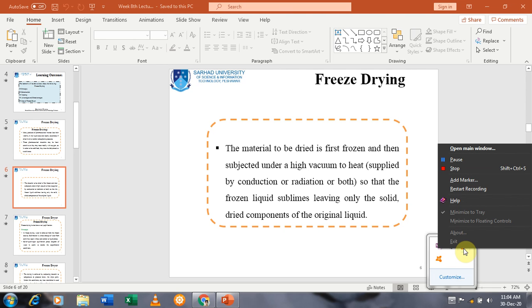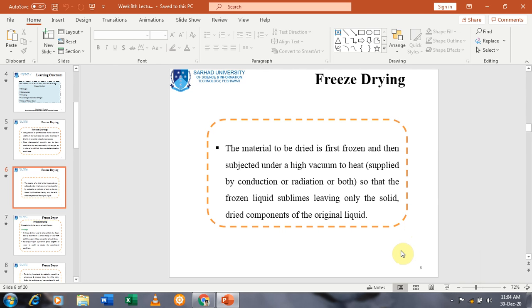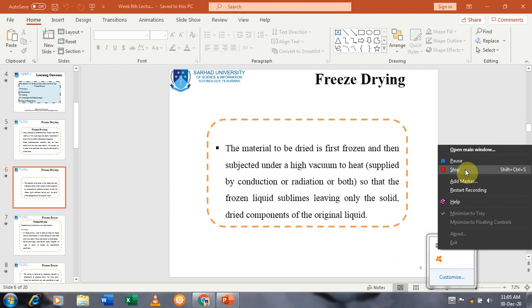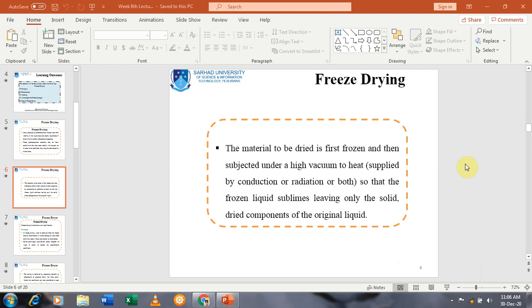the material to be dried is first frozen and then subjected under a high vacuum to heat that is supplied by conduction or radiation, or maybe both, so that the frozen liquid, which is in the solid state because it is frozen, leaves only the solid and dry components of the original liquid. So the process of sublimation is required,